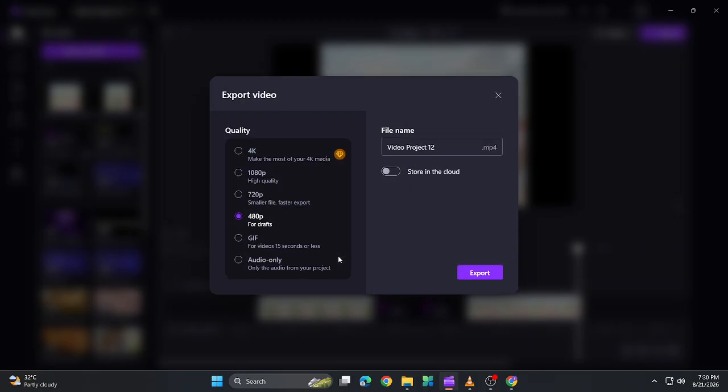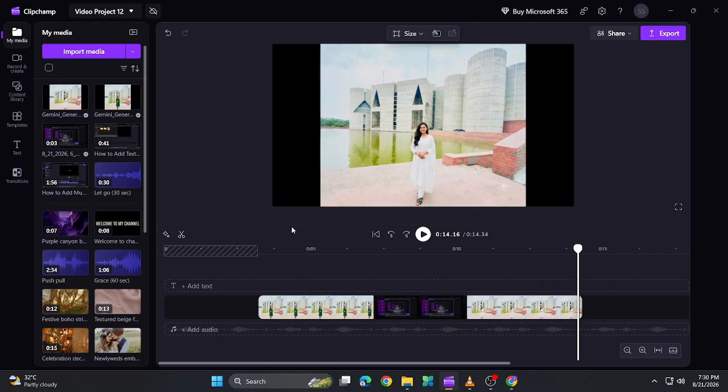And that's how to add images in Clipchamp in 2026. Import your images, place them on the timeline, adjust their duration and position, crop them if needed, preview your project, and